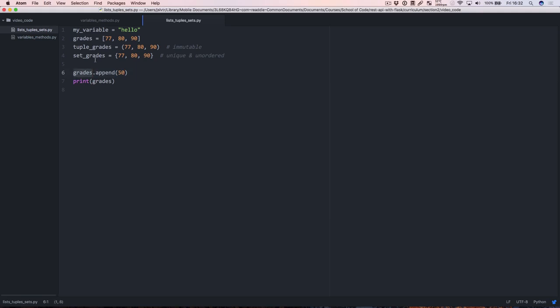The tuple, however, you cannot do this. So you cannot increase the size of the tuple. But what we can do, however, is to change the tuple entirely. We can say tuple_grades is tuple_grades plus